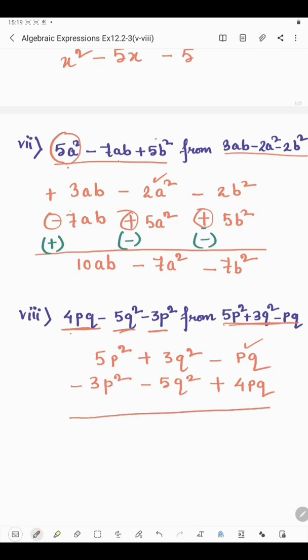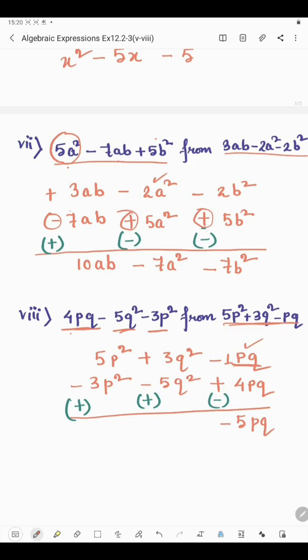Okay, now we will have to subtract this. So before subtracting we need to change the sign, so this plus sign will be minus if you change it, this minus will become plus, and this minus will become plus. Okay, now the sign has been changed already, so we will not consider the original sign, we have to take the changed sign. Like here, minus pq and minus 4pq. How much? Here the coefficient of pq is 1. So 1 plus 4 is 5pq, and since both the terms have a negative sign, it will be minus 5pq.